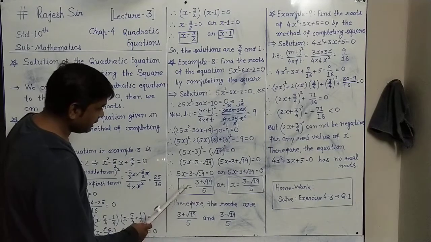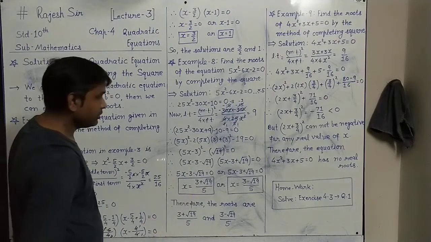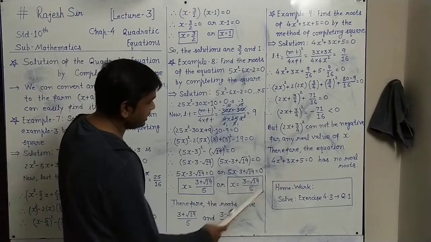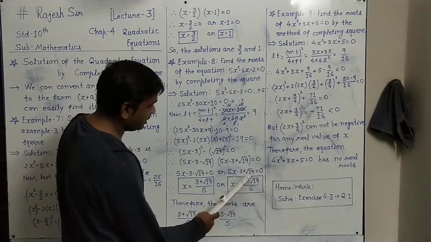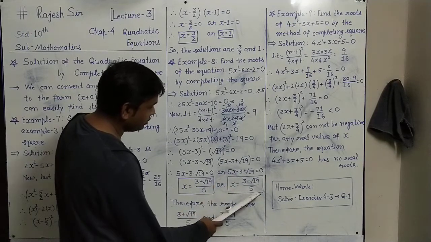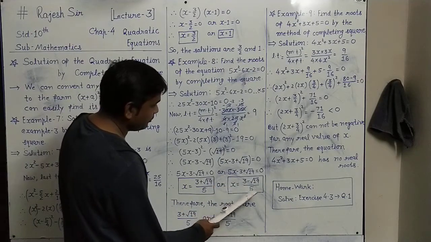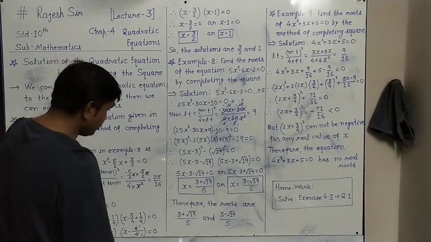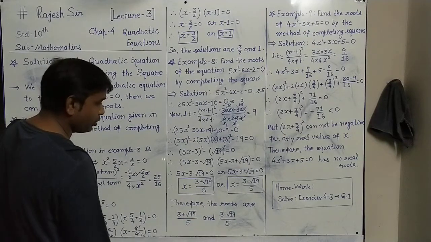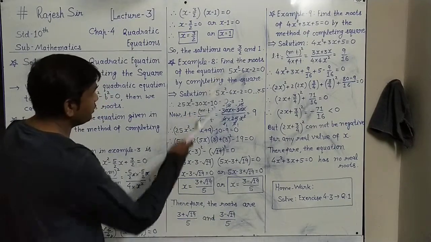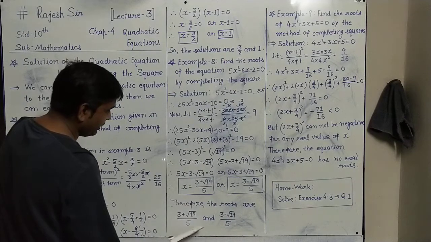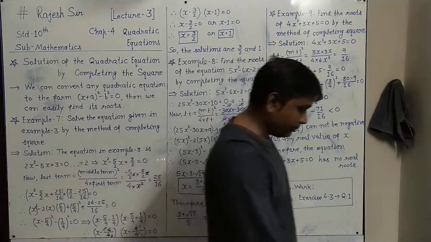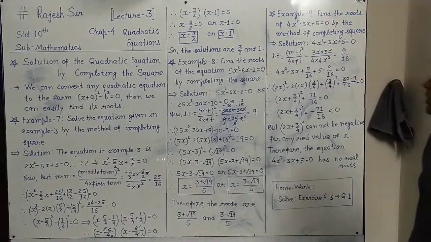So x equals to this we have 3 plus root 19 upon 5. Similarly there, we take minus 3 and plus root 19 on the right side, it will become sign change, plus 3 and minus root 19, and this 5 will be down there. So 3 minus root 19 upon 5 is the value of x. So two values of x we get here, that is the solution. Therefore the roots are, the solutions are for roots also. So roots of this given equations are 3 plus root 19 upon 5 and 3 minus root 19 upon 5. This is by completing square, we find the roots.